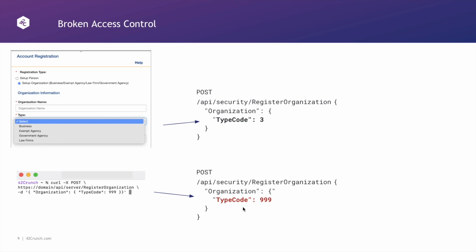And so this allows a hacker to try out all different types of values. And in this case, it allowed the hacker to register an organization with elevated privileges. So essentially, it made them an administrator of the platform, and they could potentially access the private legal documents of other users. But the key point is that the vulnerability or the exploit was in the data exchange between the